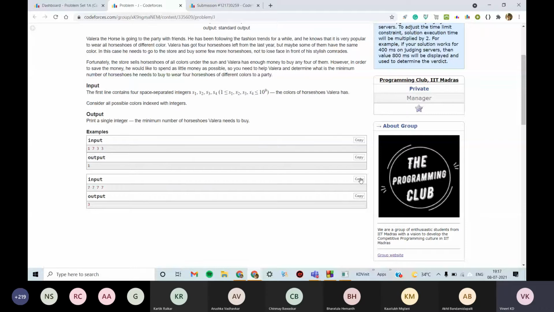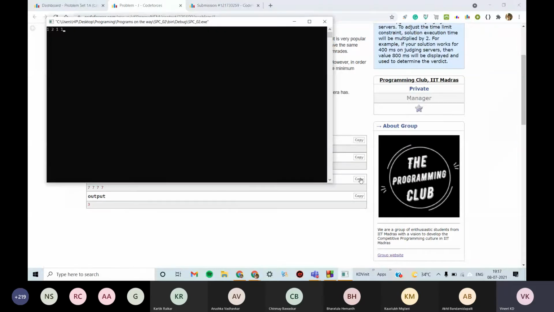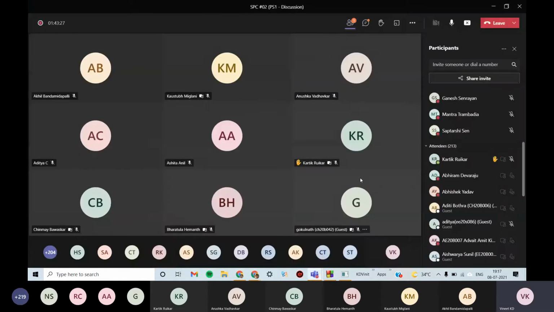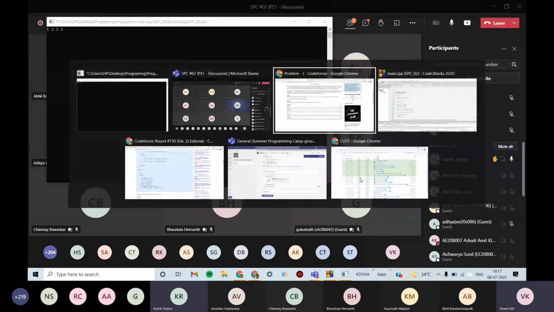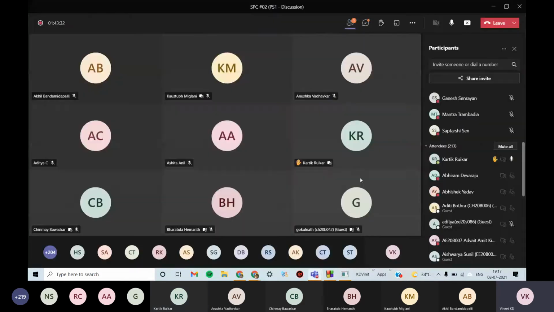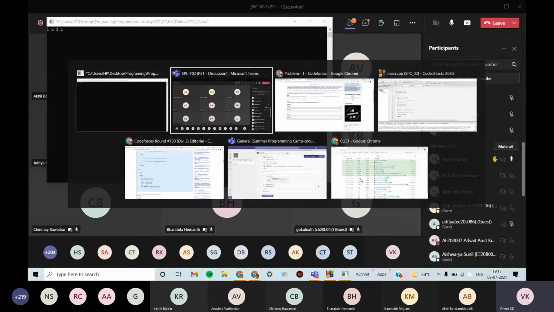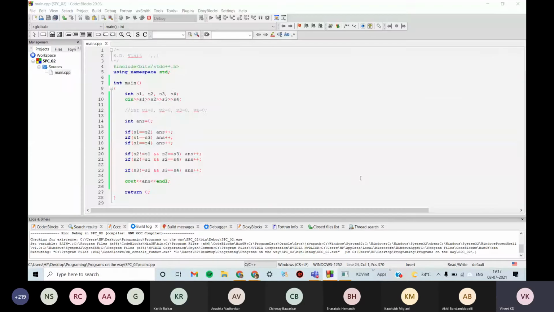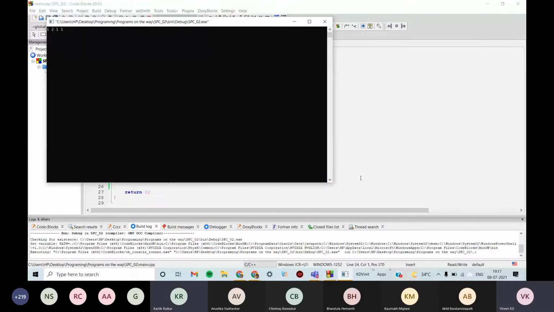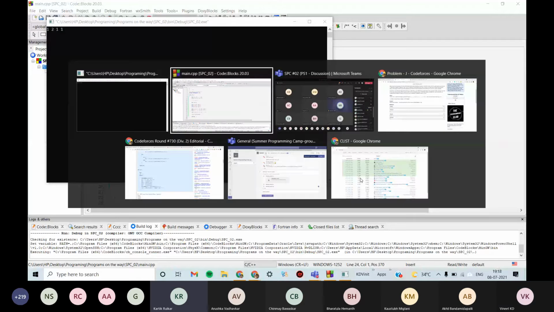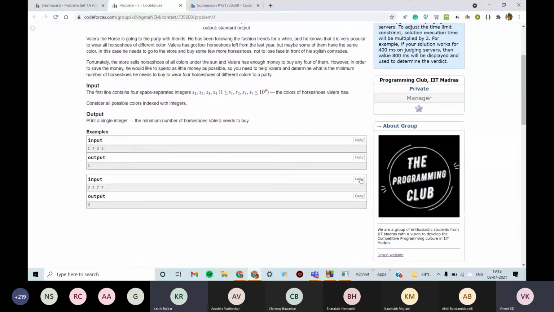Yeah, Karthik, what will be the output here? Karthik, we should have 2, right? I was not able to hear you. Yeah, at 1, 2, 1, 1. Yeah, 2 it should be. It should be 2, right?